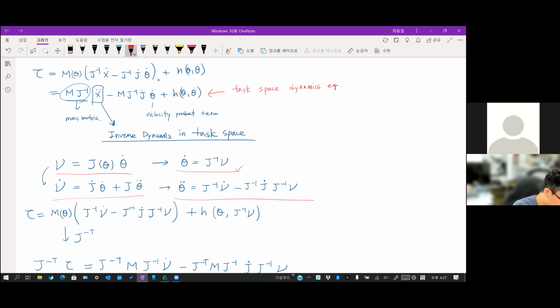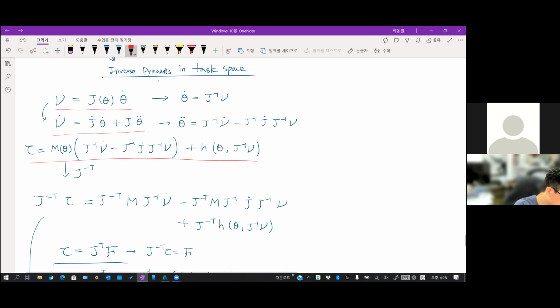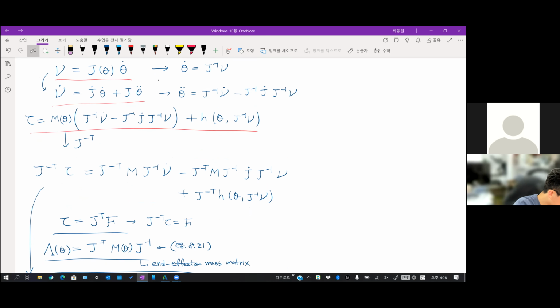If we substitute theta dot and theta double dot with these equations, we can make this kind of equation. And if we multiply by J inverse transpose, this becomes this, this term becomes this, and this term becomes this. Finally,